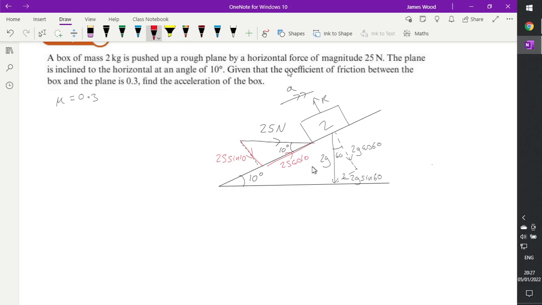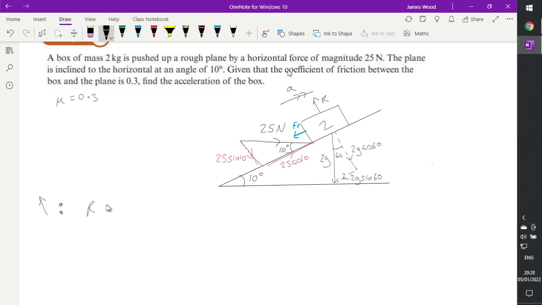Now the last thing to think about is friction. If it's accelerating up the slope, then friction must be trying to slow it down. So friction is going down the slope. There we go. So we've got all of the workings done on here already. Now let's see what we can do in terms of resolving. So let's go perpendicular to the slope first of all, because then we can find R and then we can